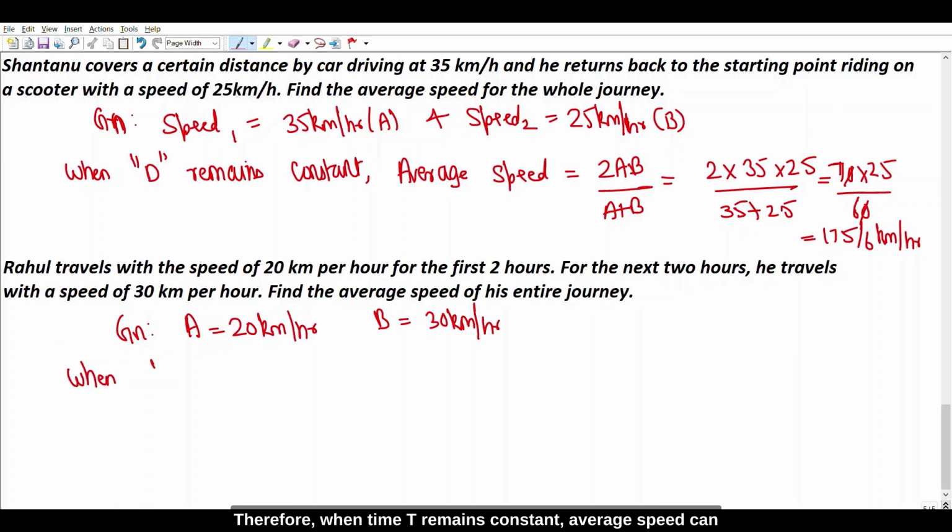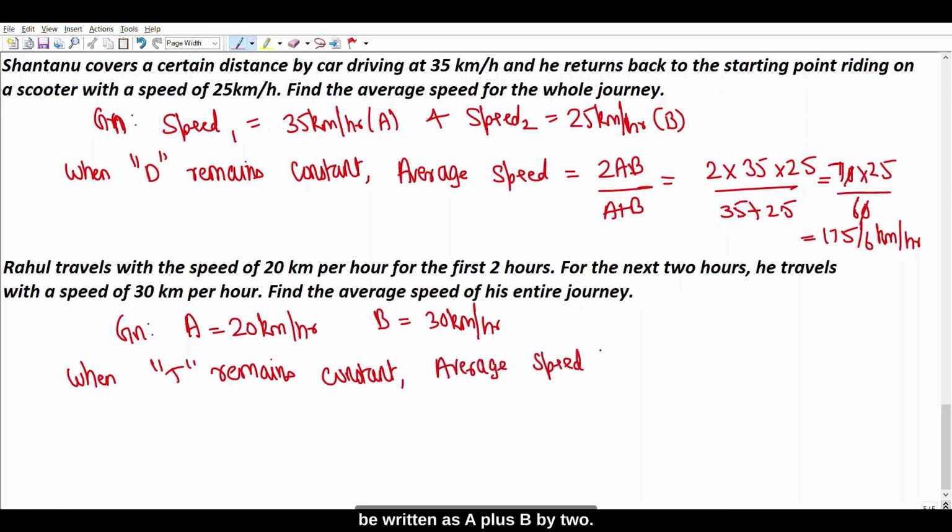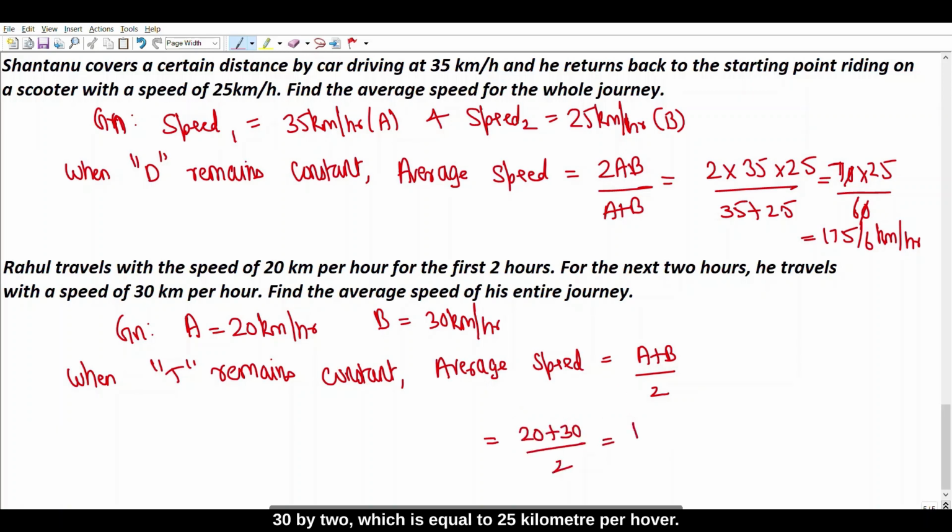Therefore, when time t remains constant, average speed can be written as a plus b by 2. By substituting the values of a and b, we get 20 plus 30 by 2, which is equal to 25